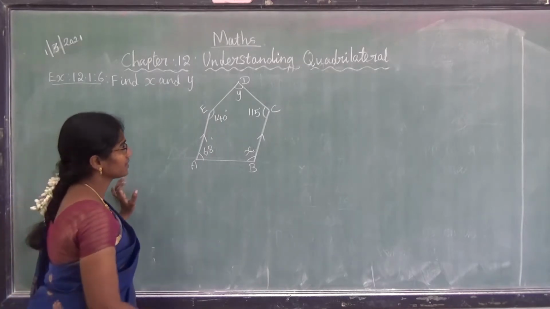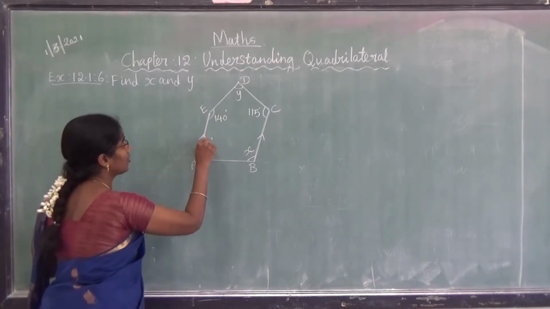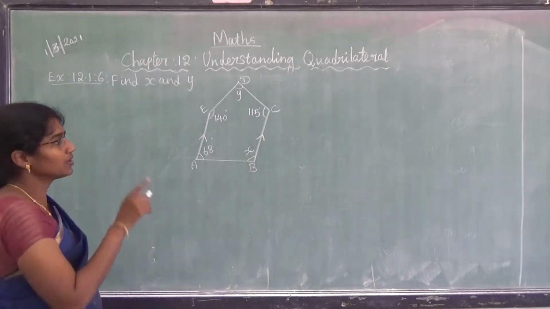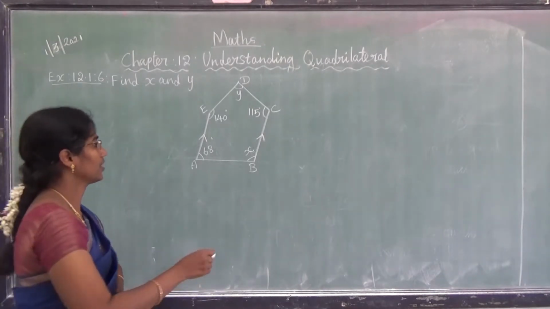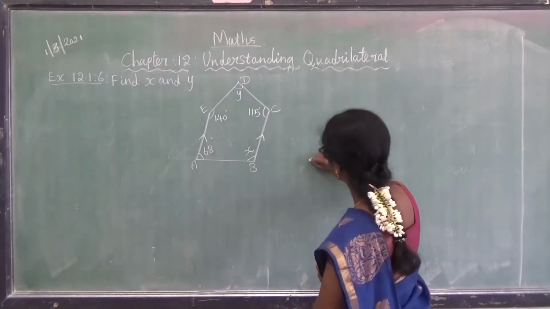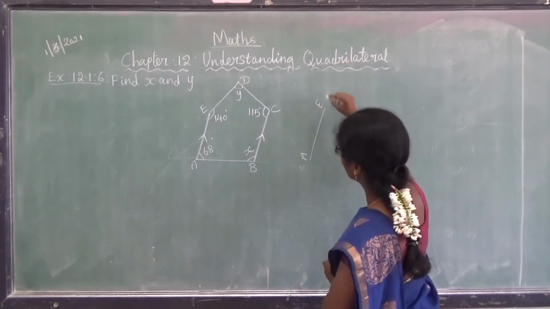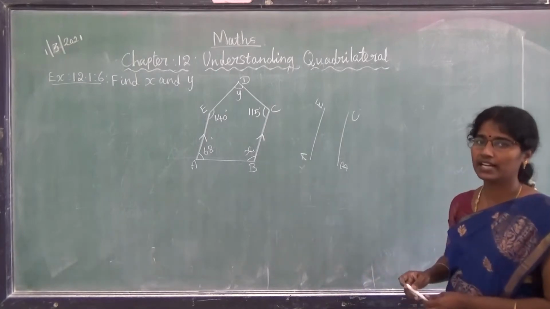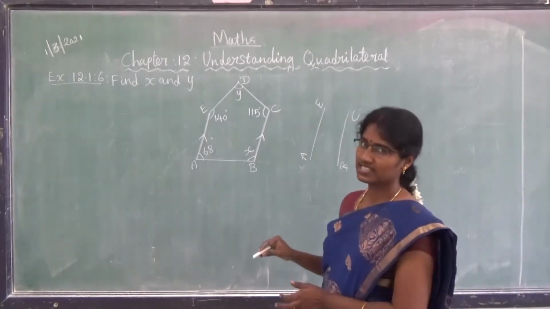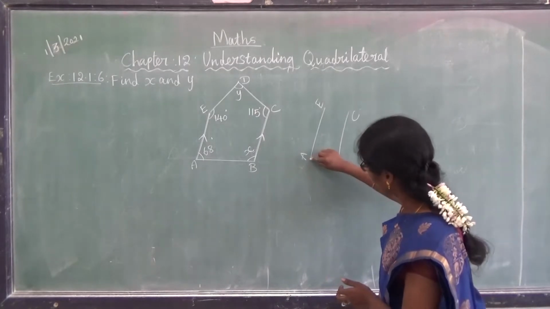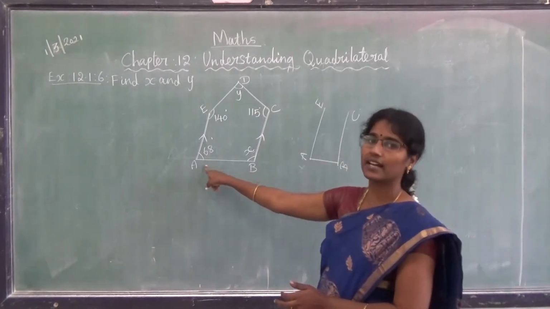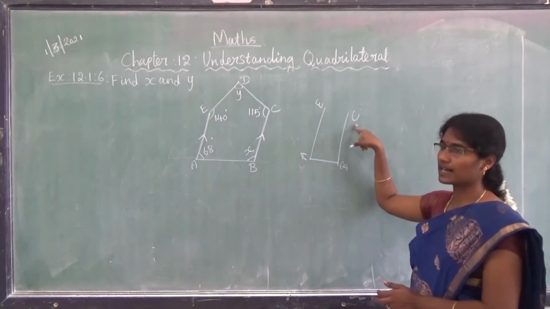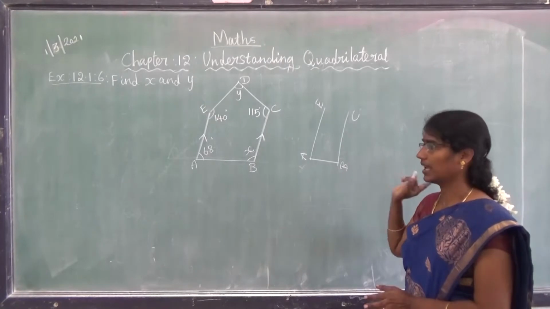How are we going to find it? The hint is that an arrow mark is given in the diagram. The meaning of that arrow mark is that both the lines are parallel. Which lines are parallel? The line AE is parallel to the line BC. So AE and BC are parallel. Now which is the transversal line? You can see the line AB. This is the transversal line. So AE and BC are parallel lines cut by a transversal AB.